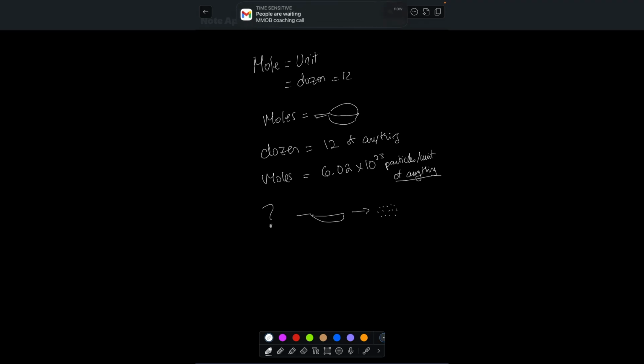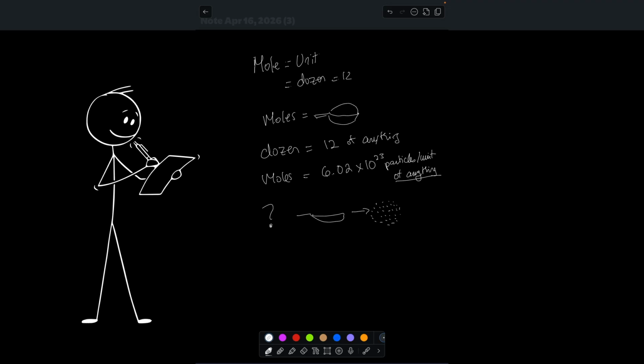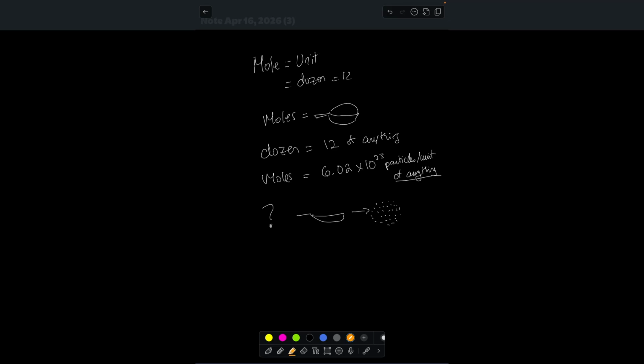Okay, imagine if you had to count all of the dust particles in your rooms, right? Having a scoop that measured a dozen would not be enough. You would have to have a huge scoop that would actually measure a large number, right? And that's what this number is. That's what 1 mole specifically is. 1 mole is this large number